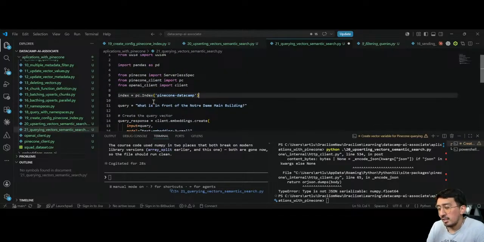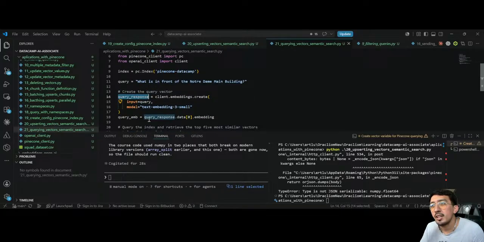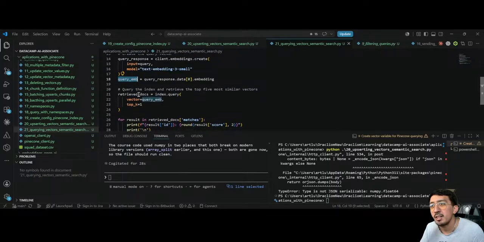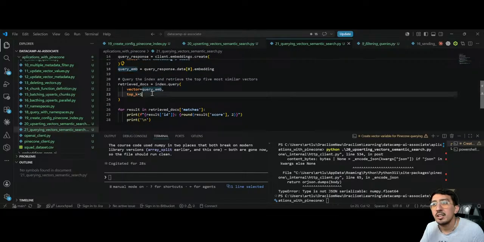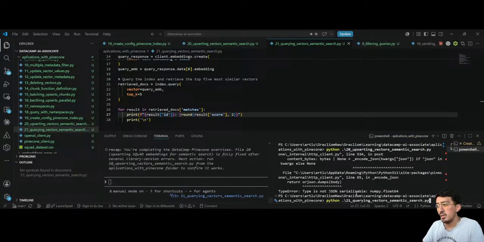And I think I have everything there. So I get the query, I embed the query, I get the query response, I get the embedding, I pass it as a vector, I query, I retrieve the docs. In my case, the top K should be, I put 1, but should be 5. And then I print the matches. So if I run the 21,